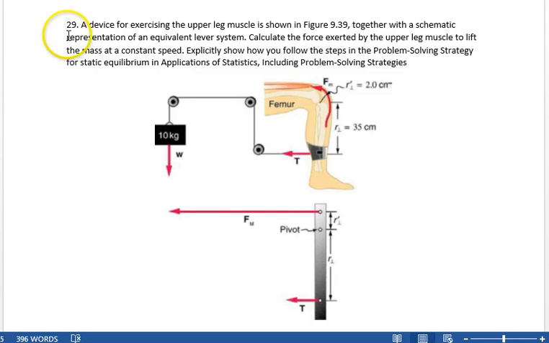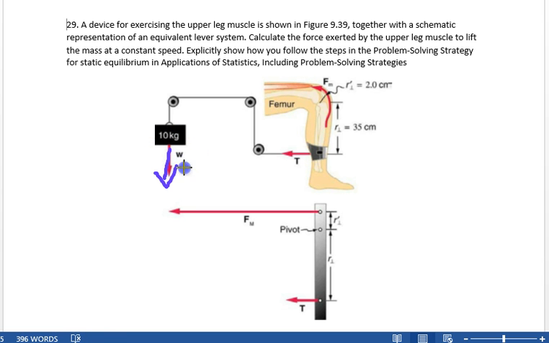Okay, we're now on chapter 9, problem 29, and what we have is a knee that we're trying to exercise, basically, or leg we're trying to exercise. And the way they're doing it is they're attaching a strap to the leg and using a wire to run up and over and come to a 10 kilogram weight, right? So the 10K weight,